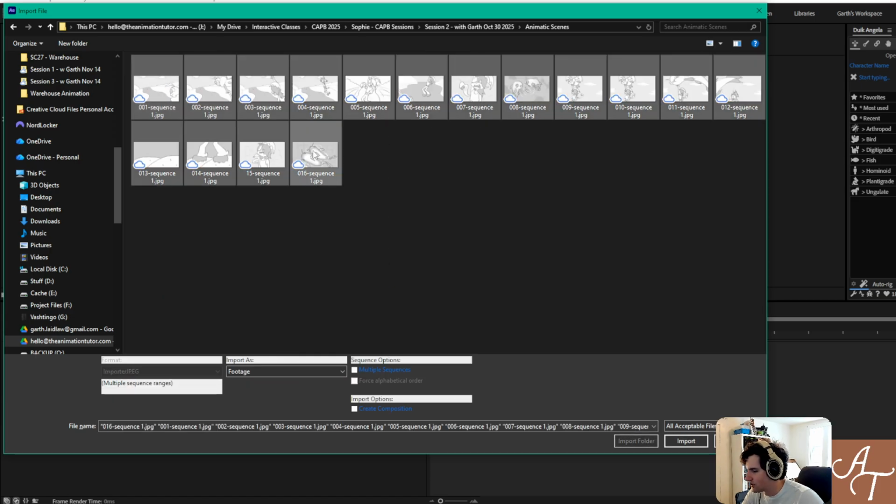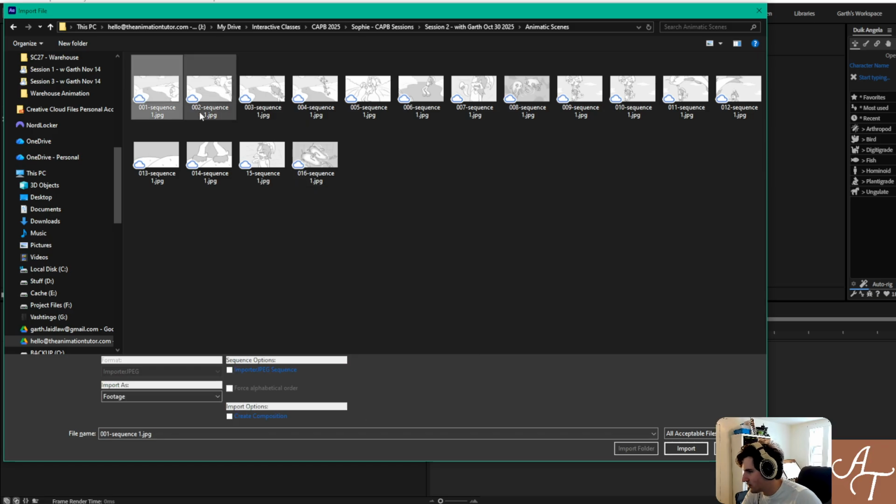Okay, so hold shift. Important thing here. Oh, it did say sequence 1 at the end. So you can see the suffix did work. It'd be kind of nice if there was a prefix. I think what I should have done is actually done the 001 to whatever as a suffix. If you do 001, I think it'll add a number to it each time. So that was a bit silly, but this is fine too. The nice thing about it is that it's not just 001, 002, sometimes this is checked on, and what it will do,